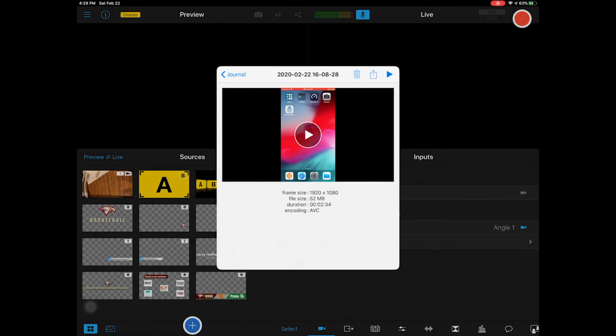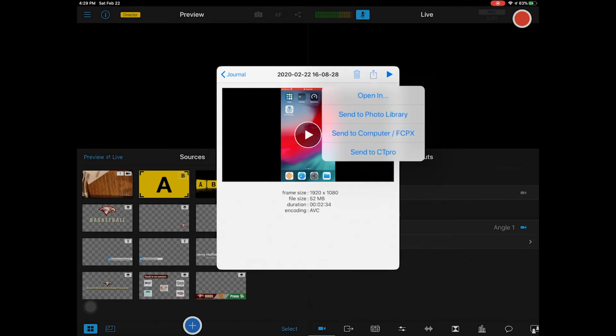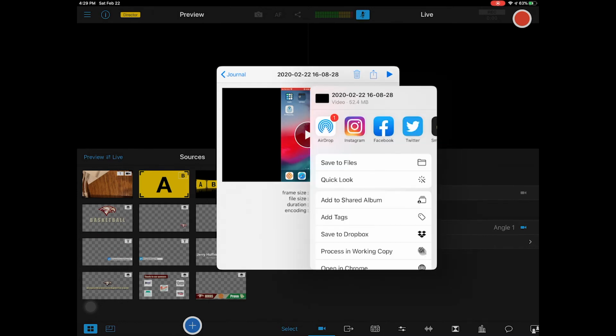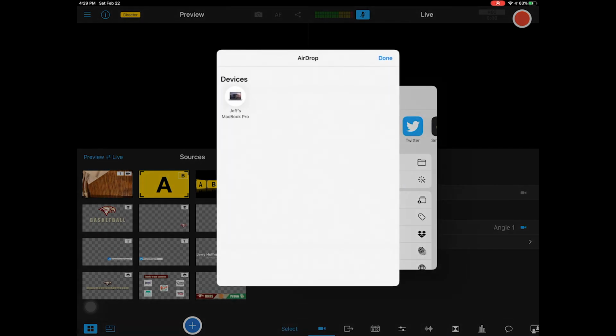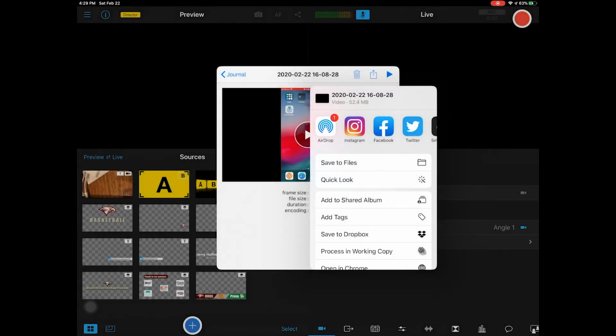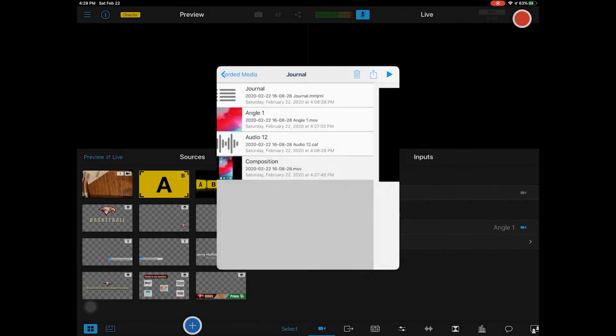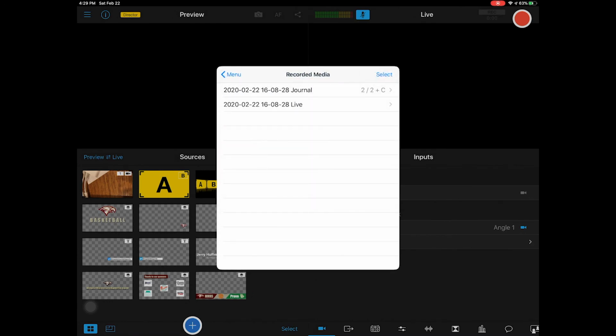case. And then from here, what I typically do is I will click the share button from this particular screen. I'll say open in, I will go to Airdrop, and at that point I will actually copy that output of the composition to that other device. From there, you just click the share button again to make it go away. You go to journal. At this point now, I have the live recording as a backup or an alternate, and